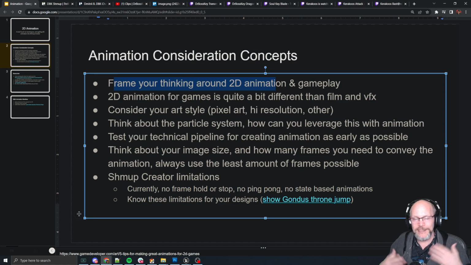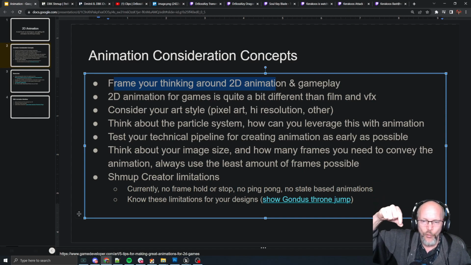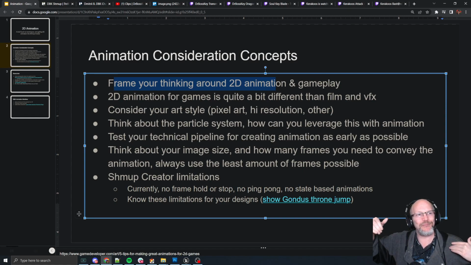So for instance, a classic mistake, and you guys don't have to worry about this so much in Shmup Creator because you don't have anything like frame blocking or animation blocking states. Some of the concepts apply, but a mistake often made in the game industry is that animators will animate 2D or 3D characters, and they'll be amazing, great looking animations. And then what happens is that when players want to do an interaction,